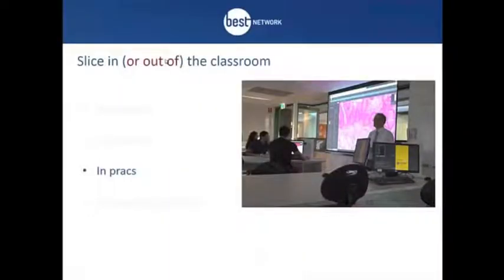The next area, and a common area that we use Slice, is in practical classes. And at UNSW we've been using virtual microscopy in practical classes for pathology for at least 10 years, and it's a very powerful tool. In some ways Slice is an incremental advance on that at the moment, but there are other ways that we're learning to use this which I think are really quite revolutionary. But in simple terms,